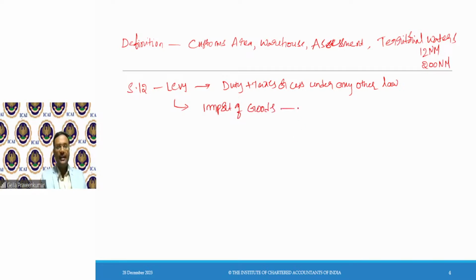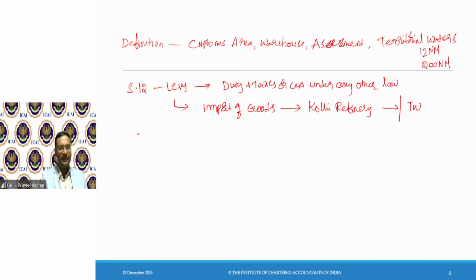Import of goods, I gave an example in relation to the Kochi refinery, where oil was lost in transit before the container reached the territorial waters, before the ship reached territorial waters, there was a loss of some item. On the basis of this particular case law, what was the demand and what did the Supreme Court explain on import of goods? And when we discussed Section 12, I made you recollect Ram Parivar.